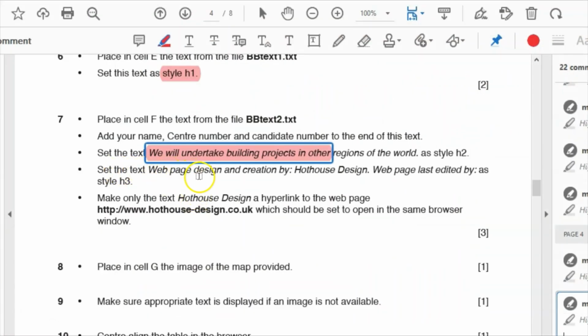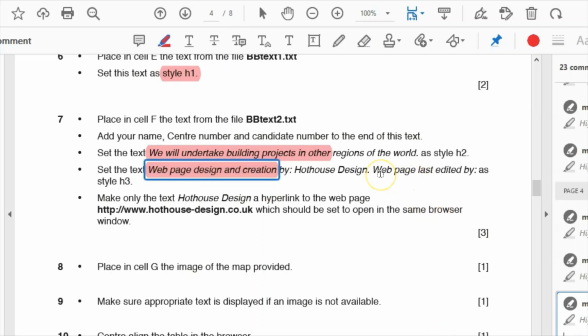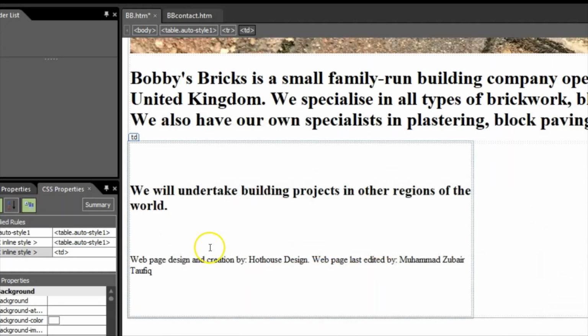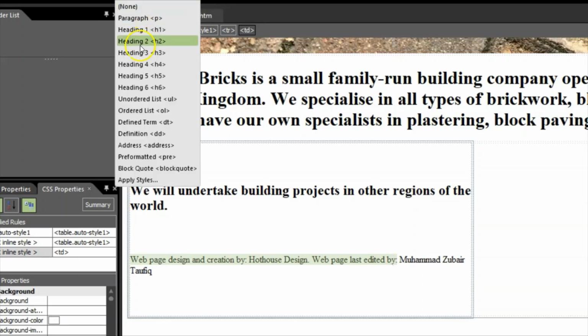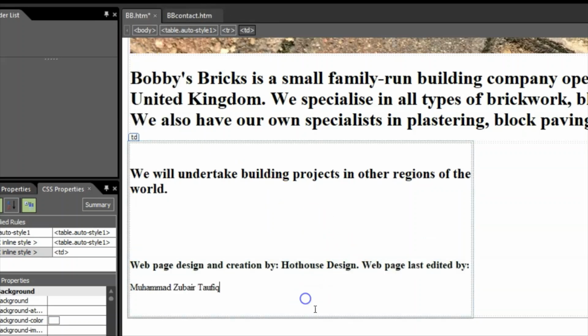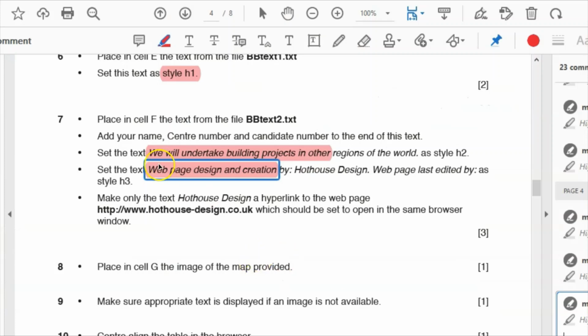And then set the text "Web page design by Hothouse Design, web page last edited by" as style H3. Web page design created by and web page edited by, style H3. Just click on that and click on H3. So that is done. Now the next step is